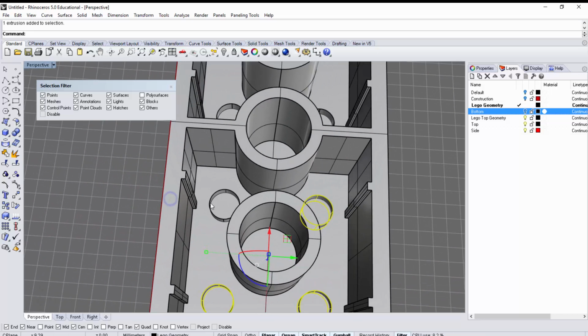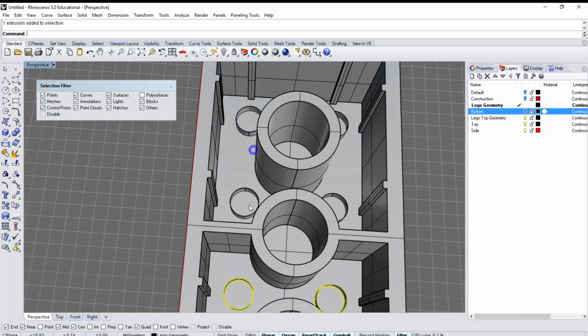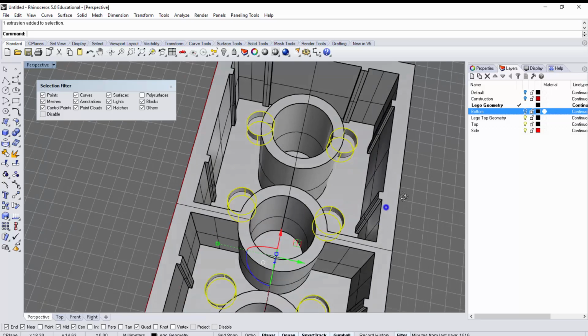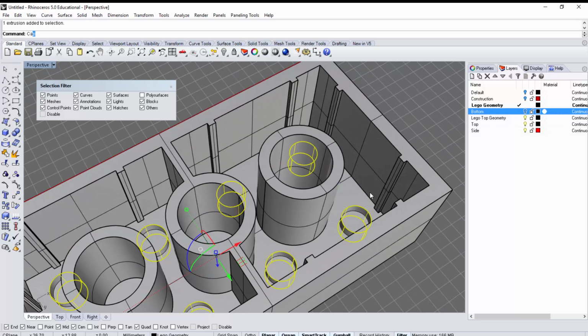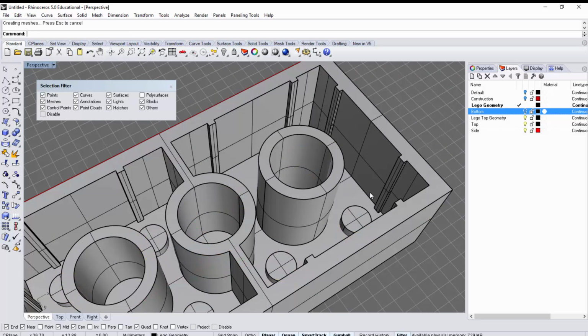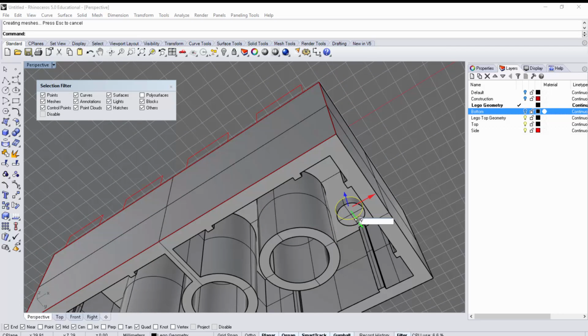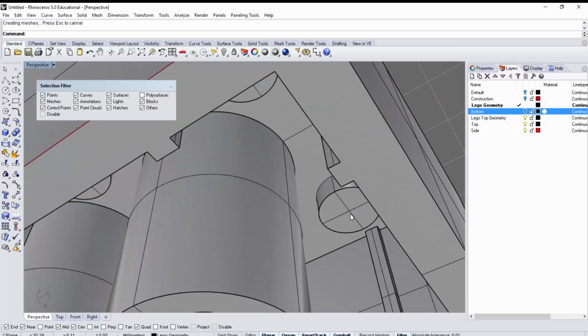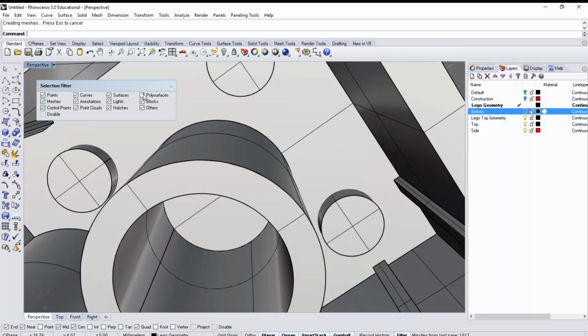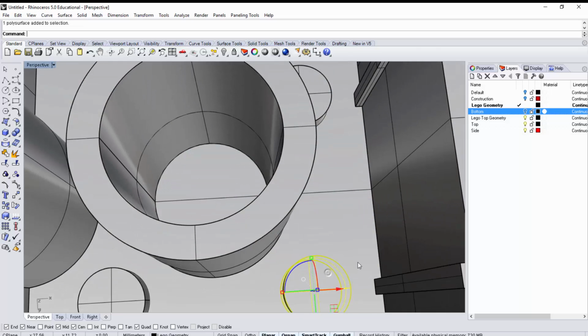So now what we want to do is grab all of your little divots, and I'm going to use a command called cap. This is going to close these up into solids. So I'll select onto that. I should get, oh, I still have my poly surfaces deselected. Remember when you're using filters, what you're doing. So I can grab this guy now,